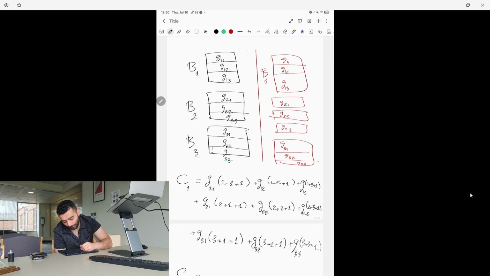C2 minus C1 will be, so for G11 times 3, G12 times 4, G1N1, so it will be minus 2 G11 plus G1N1. And what about the rest? Plus